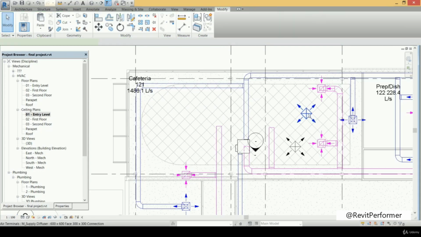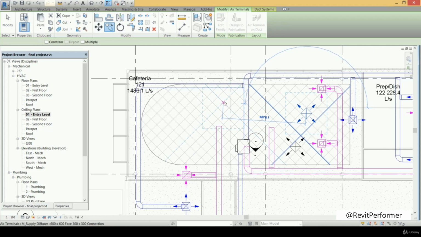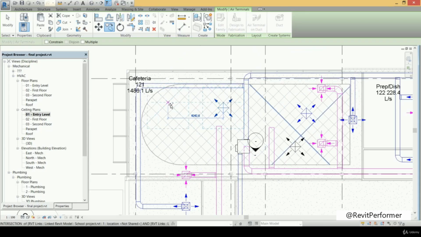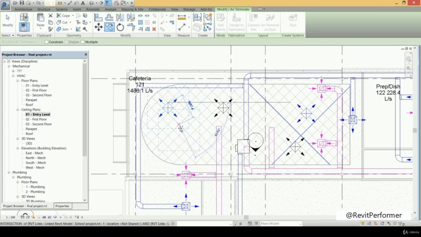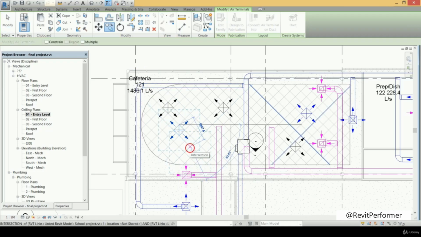Here we select that air terminal and press copy, and we pick it from that point, and let's paste it here at that point. Then we can copy it another time and pick it from that point, and we paste it at that position. Then the third one, we press copy and pick it from that point, and paste it at that point. So if we count them, we find 1, 2, 3, 4, 5. So we need the last one. We press copy and pick it from that point, and it will be a good idea to insert it